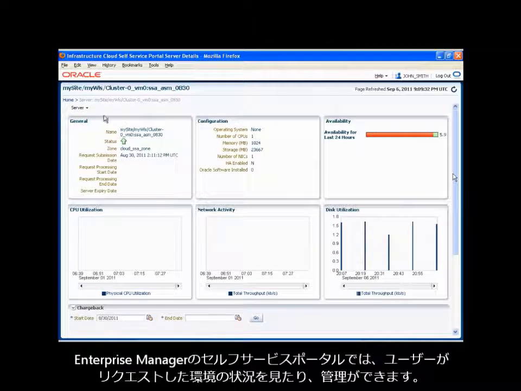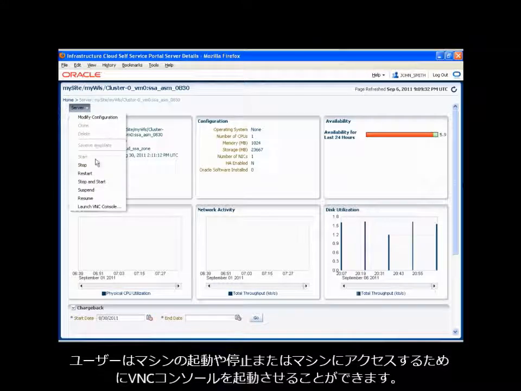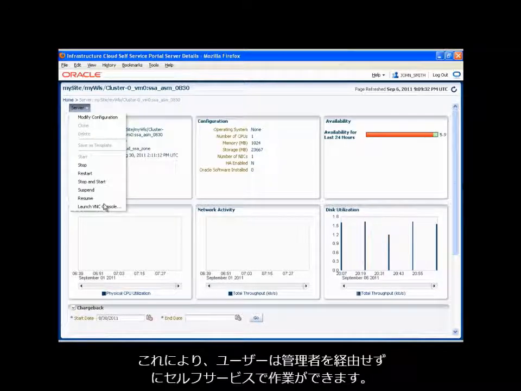Enterprise Manager self-service portal allows the user to view and manage some of the deployments that they have requested. They can see the monitoring metrics for performance management of their machines. They can also see some configuration for their machines. They can take certain actions such as starting, stopping the machines, or launching a VNC console to access the machines. This empowers the users and makes them take actions in a self-service manner without going through the administrator for every